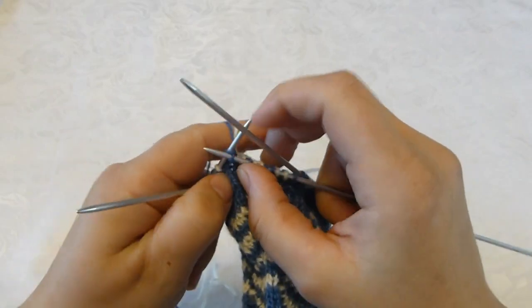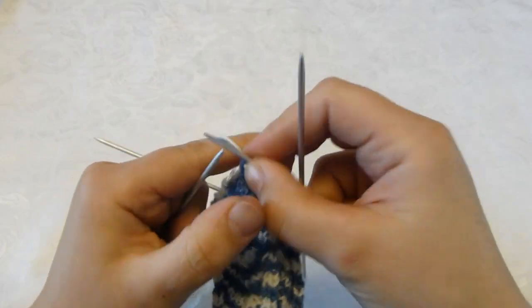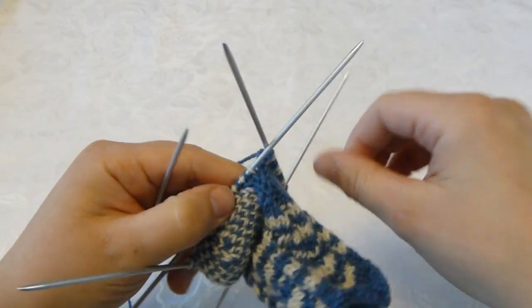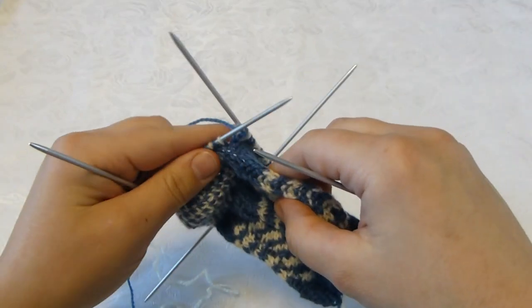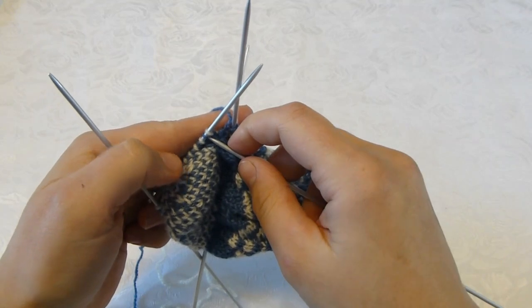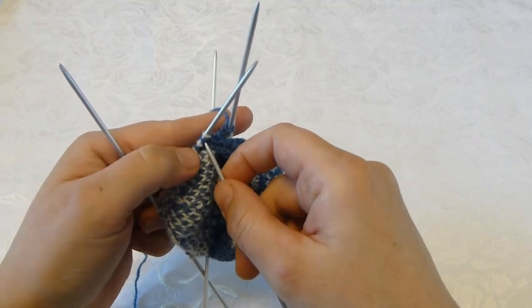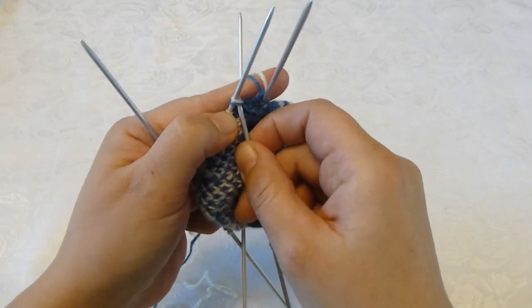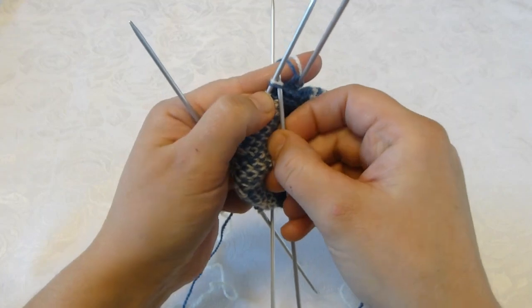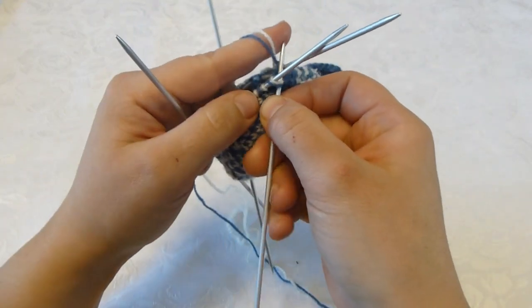The next side band, blue, white, blue. And now I'm back at the heel, and I will knit the first 2 stitches here together, and then again away from the heel. So I will stick my knitting needle through from the left towards right and away from the heel,